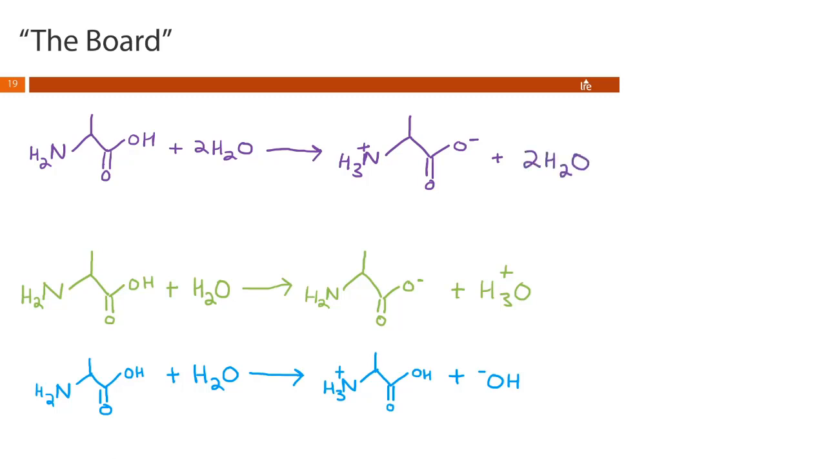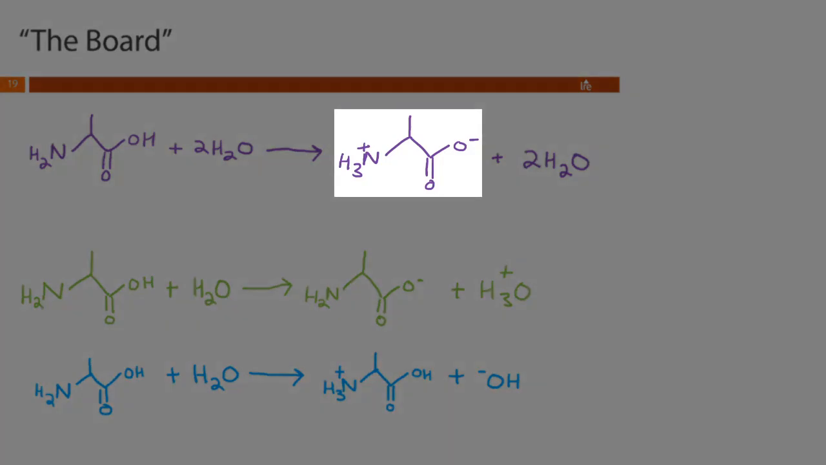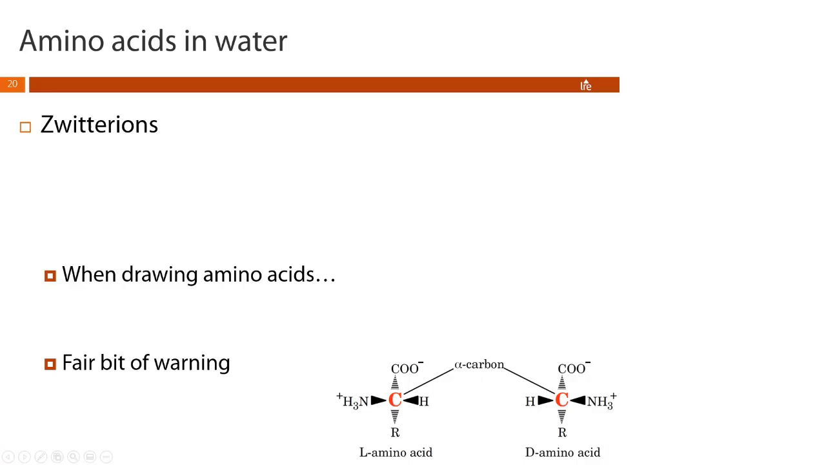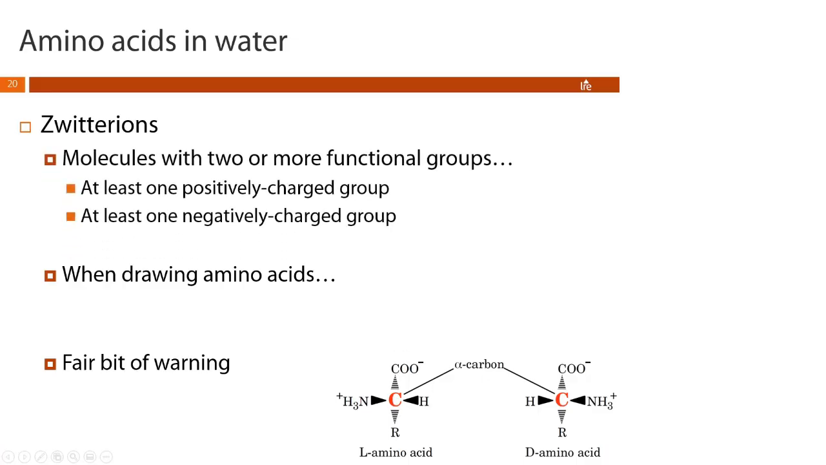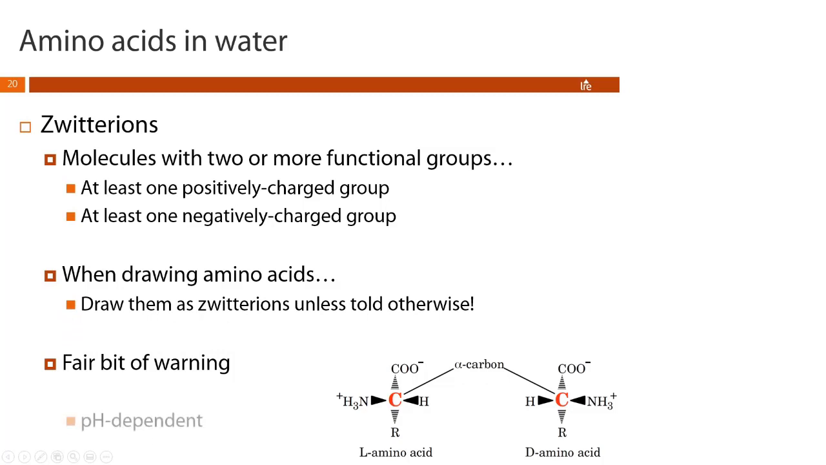So what we've created here is what we call a zwitterion. So zwitterions are molecules with two or more functional groups, at least one positively charged and at least one negatively charged. So when drawing amino acids, I want you to draw them as zwitterions unless told otherwise, but a fair bit of